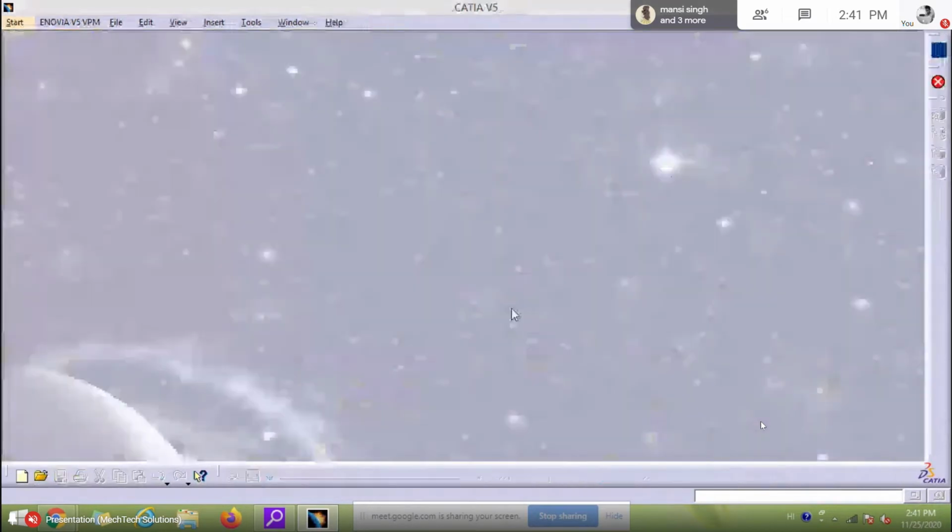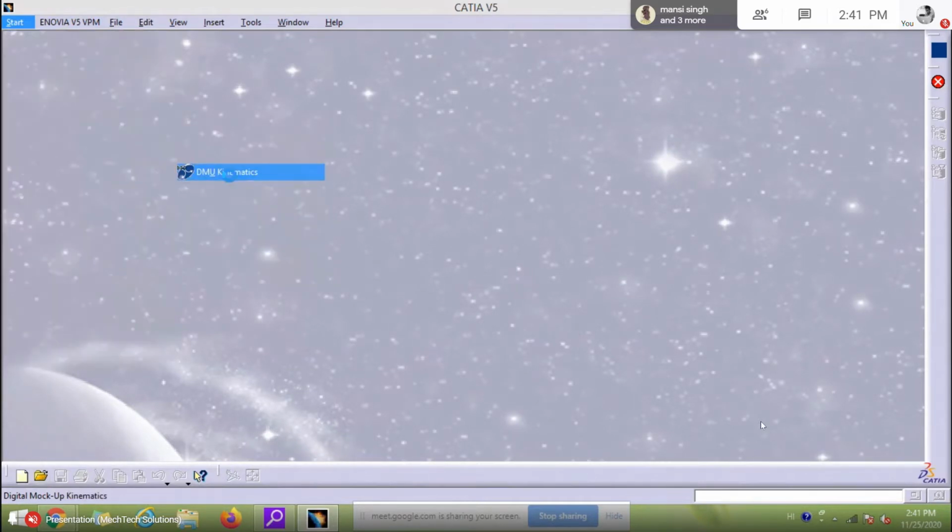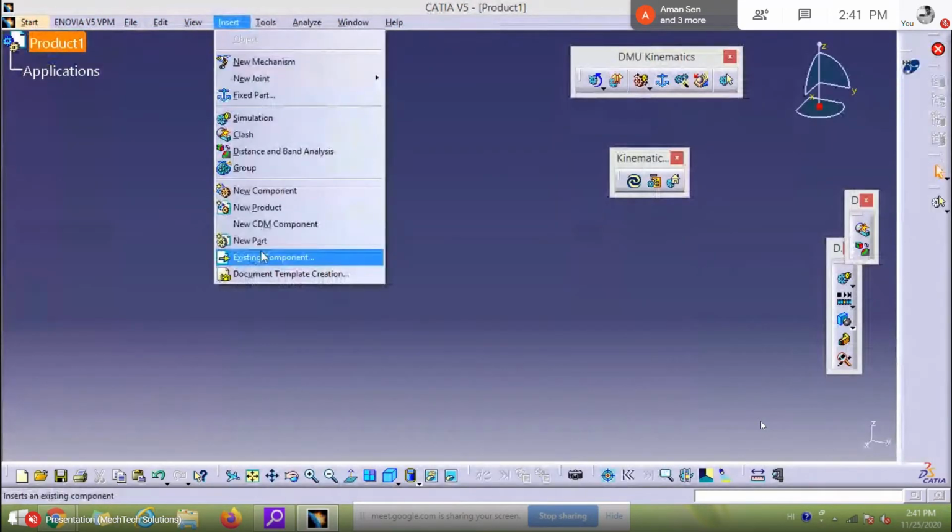I think you can understand what happens in a rack and pinion joint. Rack will reciprocate and pinion will rotate. So in pinion we will use revolute joint. For rack we will use prismatic joint. For creating rack and pinion joint, first we need to select DMU kinematics, then click on product and insert